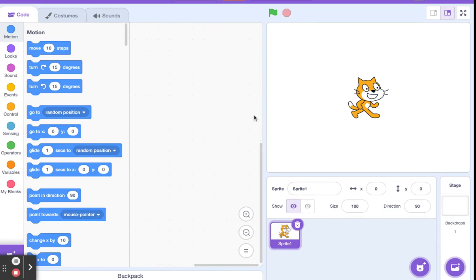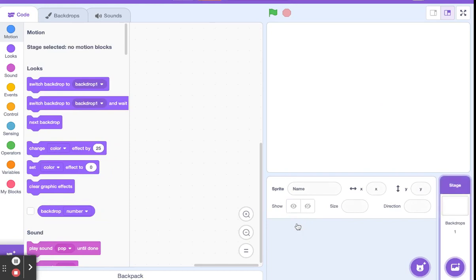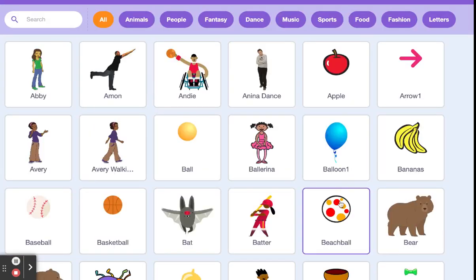What I want to do is have a character, which we call here in Scratch a sprite, all right? I don't want to use a cat, so I'm going to delete it. I'm going to click on this one, just hover over it, choose a sprite, just click on it and choose one character, or as I said before, you can call it sprite. From here, let's choose maybe Abby,